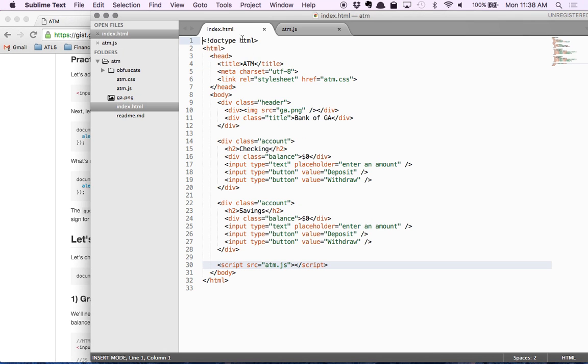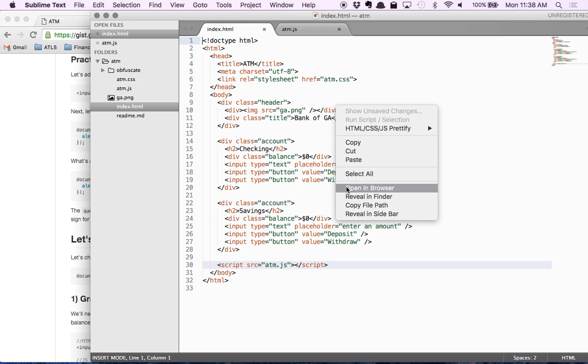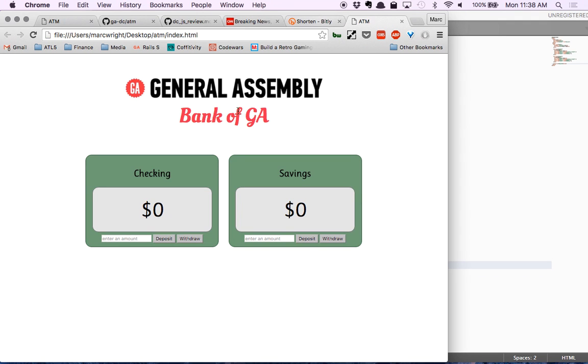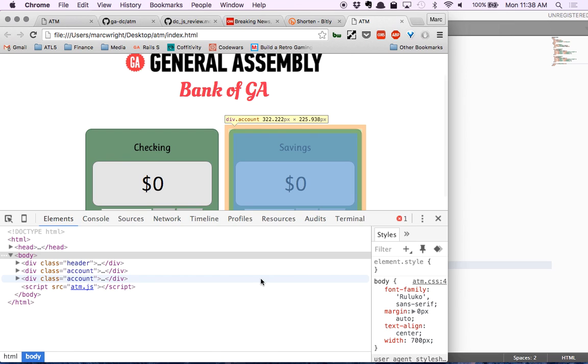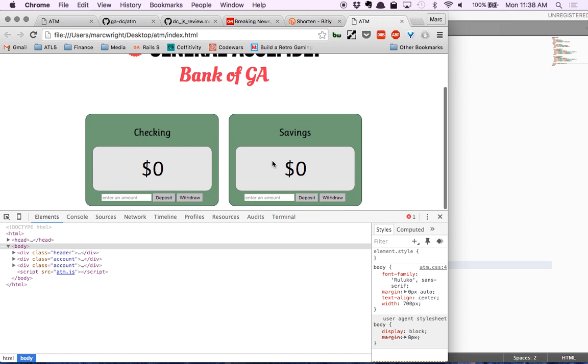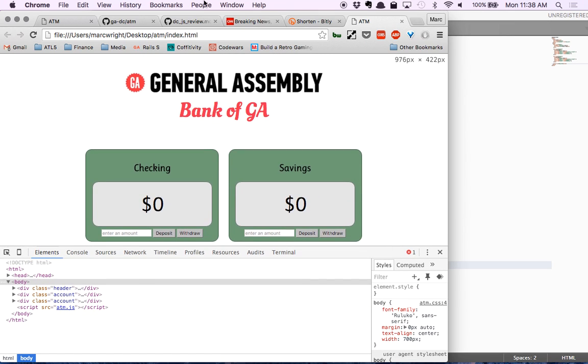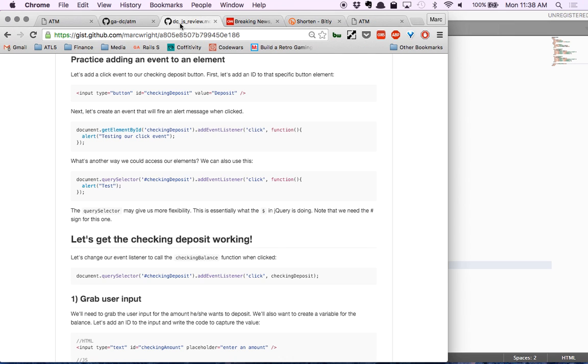Let me go ahead and open up our sample, our starter code rather here. So if you guys want to open this up in the browser. And right now, none of these are working, but at least we have the HTML and CSS pre-built for us, so that'll be handy. And the first thing we want to do,